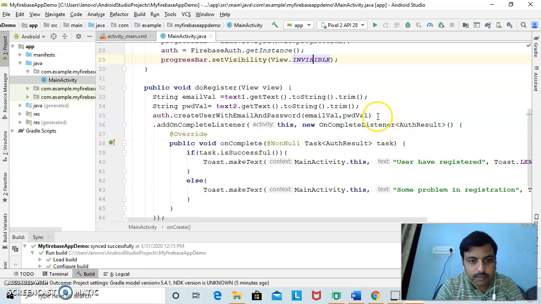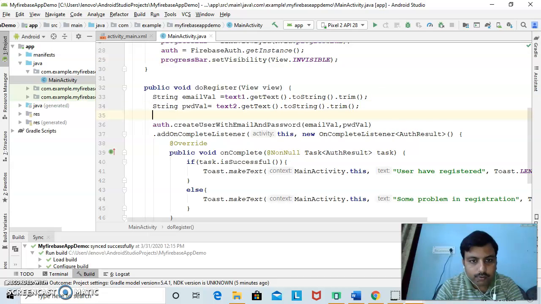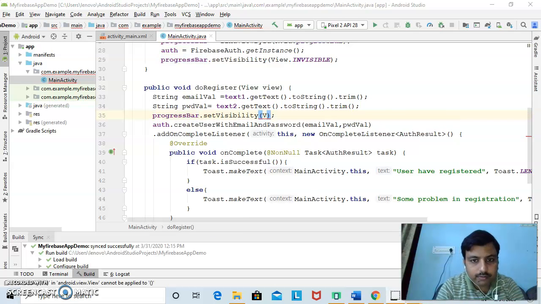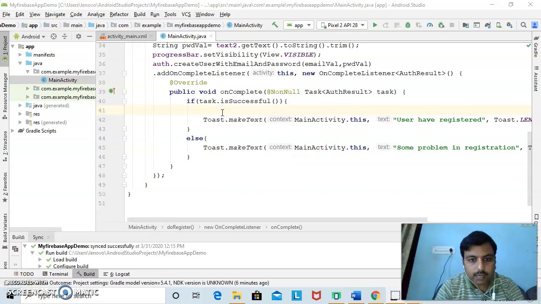Coming to the register part, for showing the progress, now we will make the progress bar visible. So setVisibility, View dot VISIBLE.